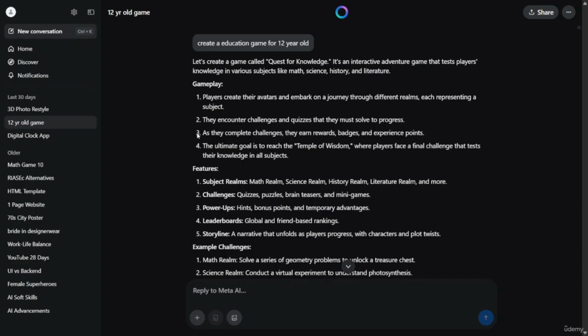Then the next one we will check out is Grok. So currently in Grok, or is it Meta? Let's check what is Meta. Yeah, so this is Meta. Let's go back to Grok. So for Meta as well, it is able to give you the code, but it doesn't run it in the browser. As for Grok,